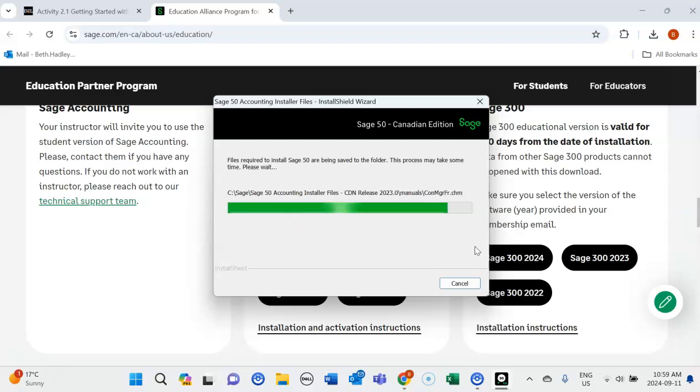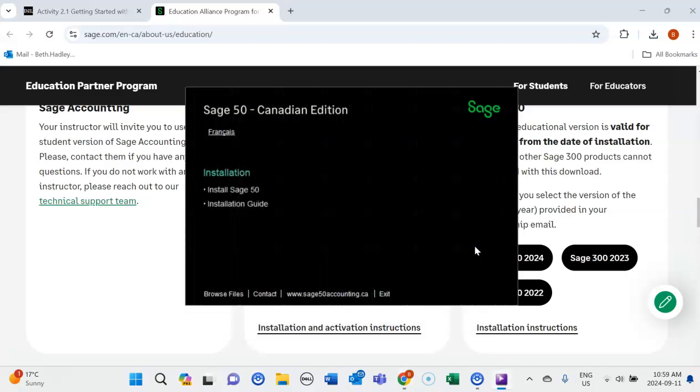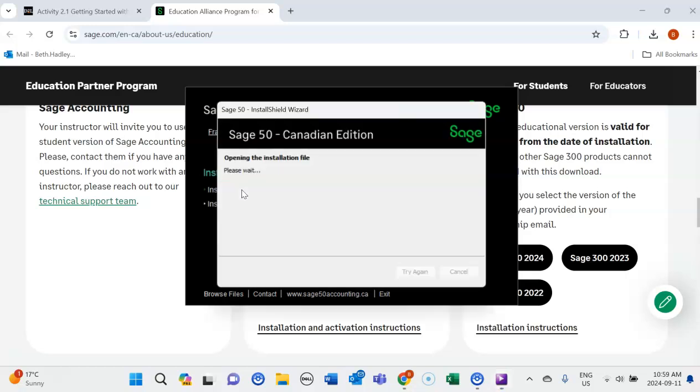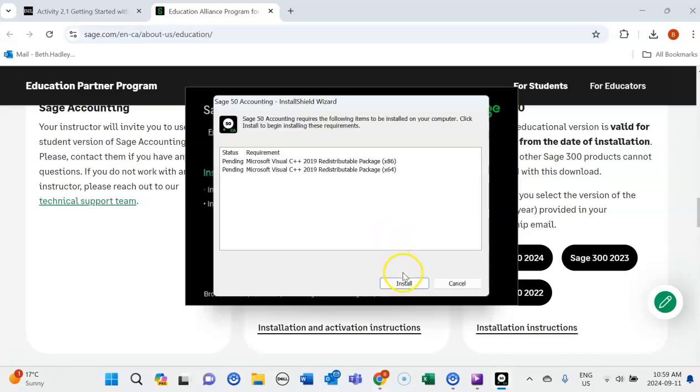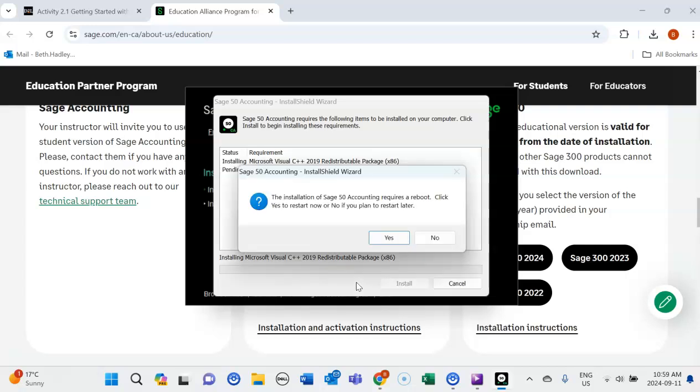You can see there Sage 50 Canadian Edition, Sage 50 Canadian Edition installation, install Sage 50. So we want to click on install Sage 50, opening the installation files. English, definitely English, and I'm going to say install. The installation package requires a reboot. Click yes to restart or no if you want to do it later. I'm going to do